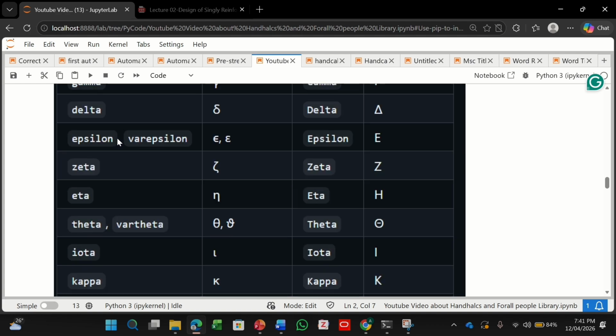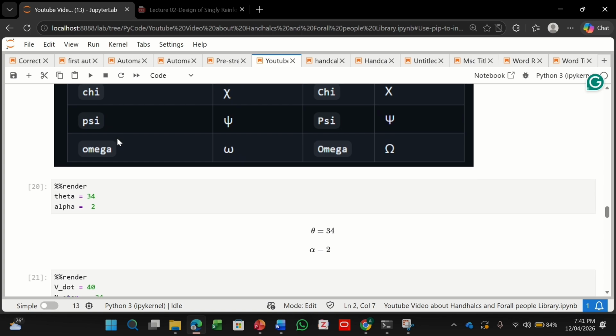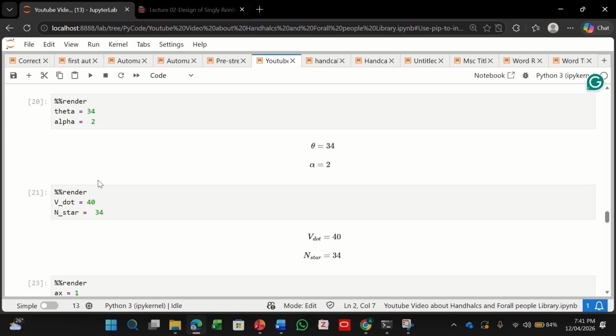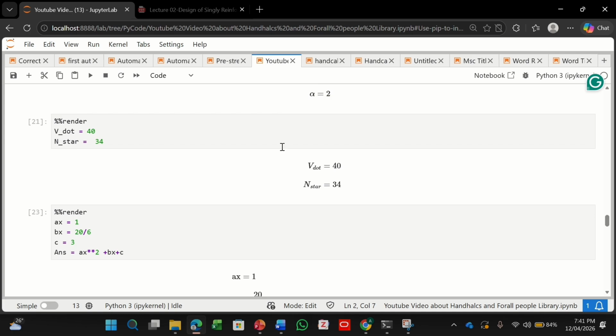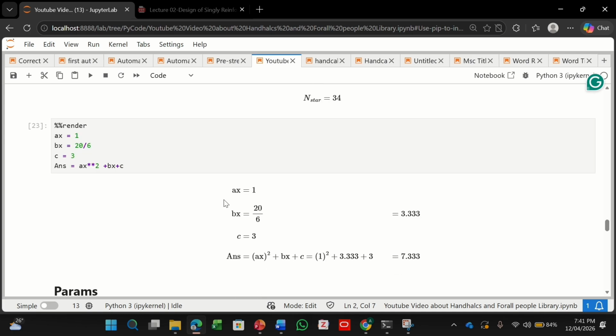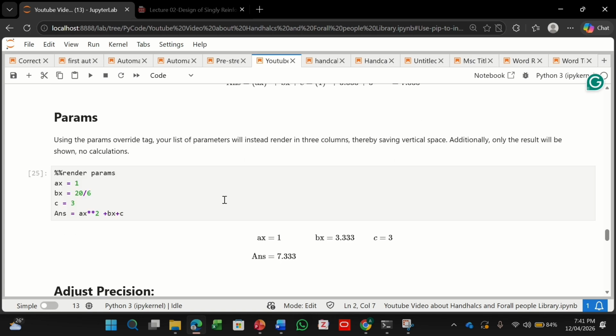You can explore: just search for the HandCalcs library or forallpeople library in Google, and it will redirect you to the website of Connor Foster himself. So look, I have written theta, I've written alpha, I've written v. Sorry, there is a bit of a mistake in this code, v dot and star. It has not converted, but I will just mention it in the video.